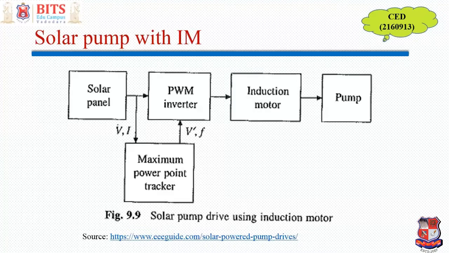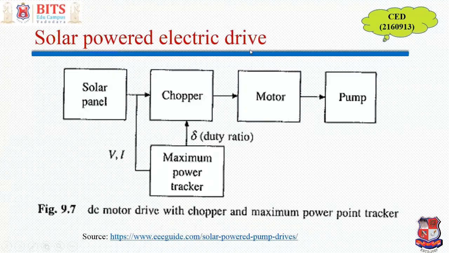So in short, whether it is a battery operated drive or a solar operated drive, whatever source of energy is there, after that you have a power modulator, which can be either a PWM inverter or a chopper, depending on whether the motor is DC or AC, right? In addition, solar drives have MPPT tracking, and there are a lot of algorithms available for this MPPT power tracking, right? So I think this is all for this chapter today.